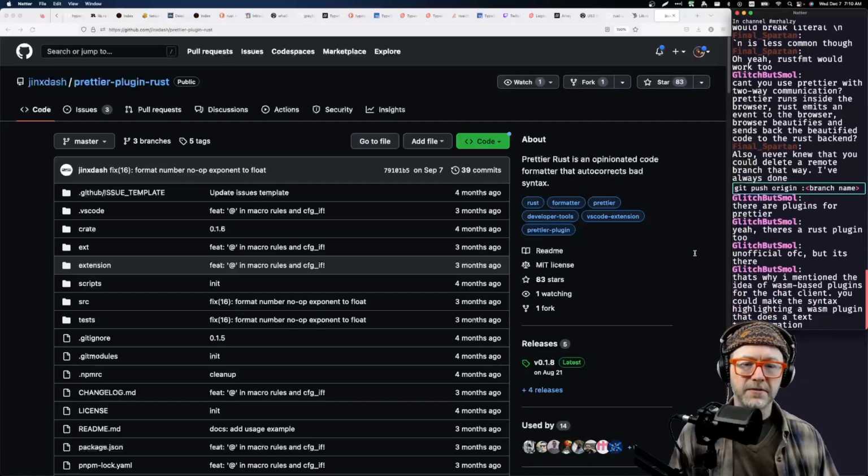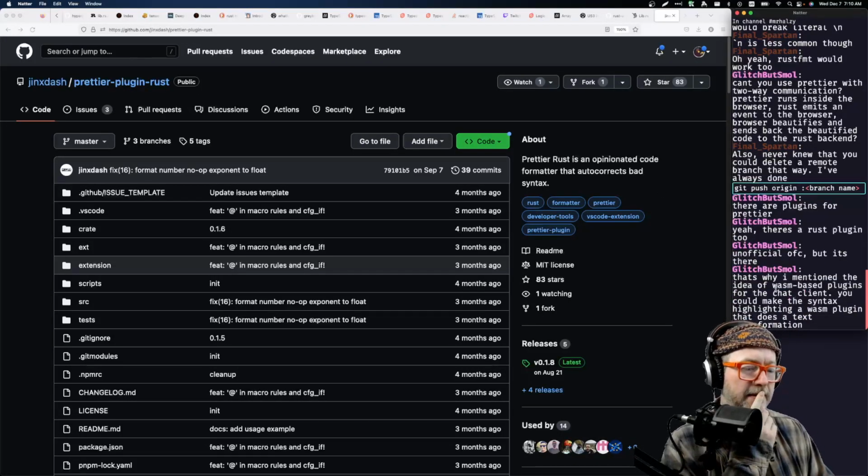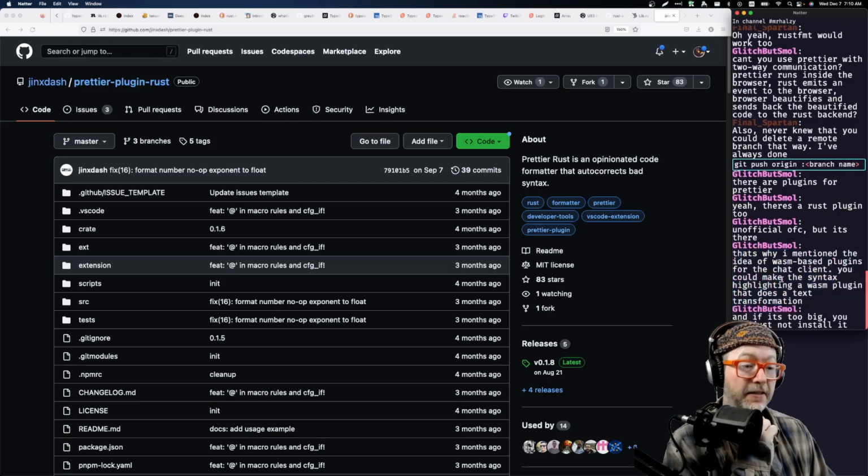New lines, tabbing, that sort of thing. WASM-based plugins, yeah. I like this a lot better, right? Having that